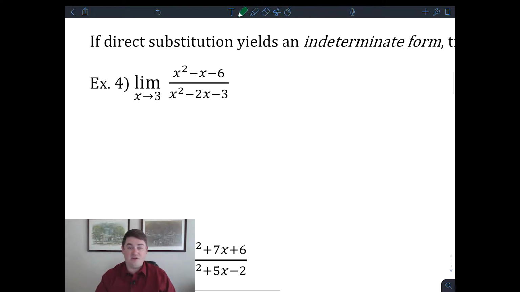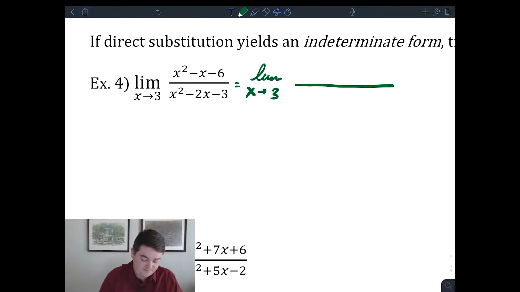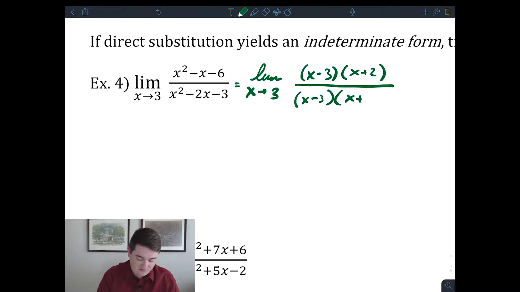So when I look at this problem again, knowing that direct substitution yields an indeterminate form, I'm going to ask myself, does this factor? So x squared minus x minus 6, that's going to factor into x minus 3, x plus 2, over x squared minus 2x minus 3 is going to factor into x minus 3, x plus 1,